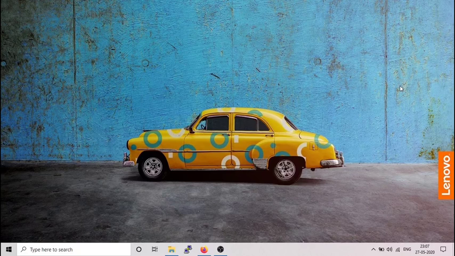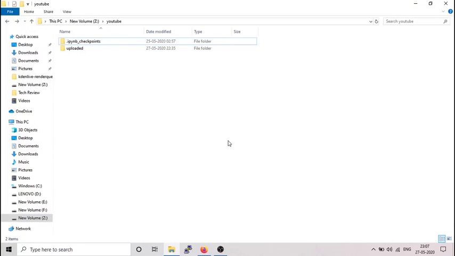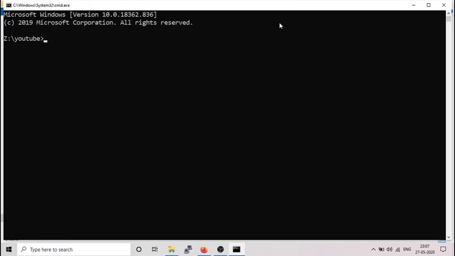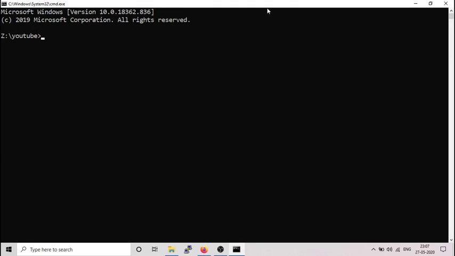What we will do first is go to our project directory. So this is my project directory. I'm going to open the command prompt here. Once the command prompt is open, we are going to install our first dependency. The first dependency which we are going to install using the pip command is